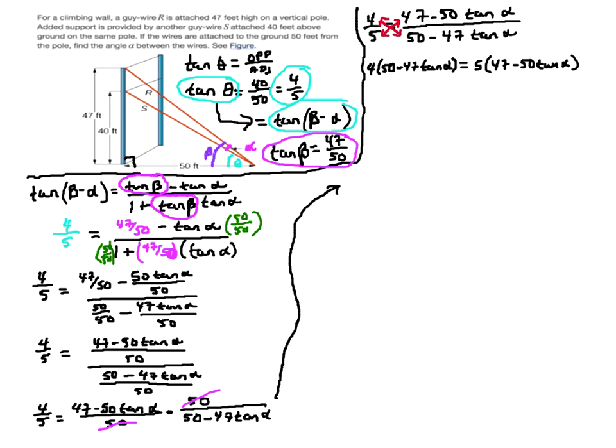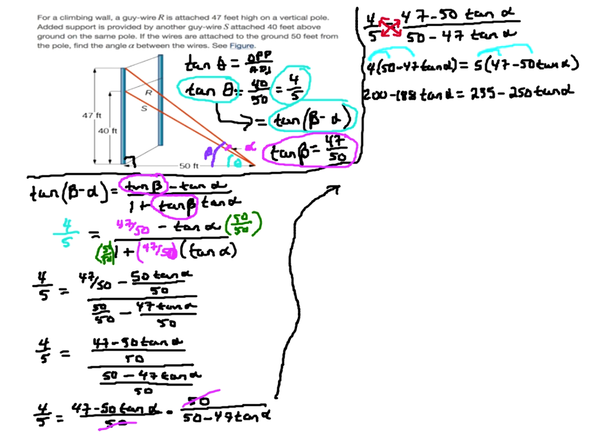Now I've got distribution. 4 times 50, 4 times negative 47 tangent alpha. 5 times 47, 5 times negative 50 tangent alpha. And I get 200 minus 188 tangent alpha equals 235 minus 250